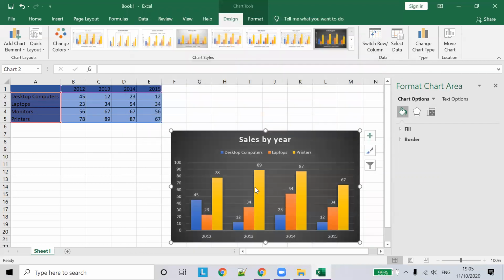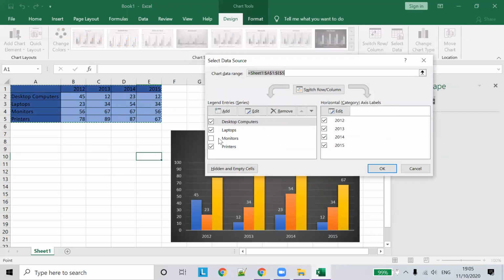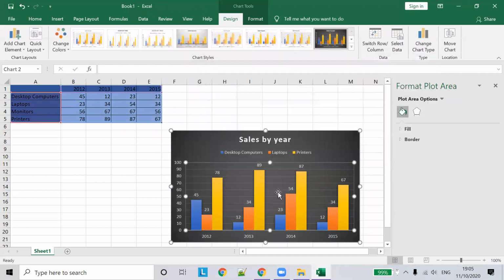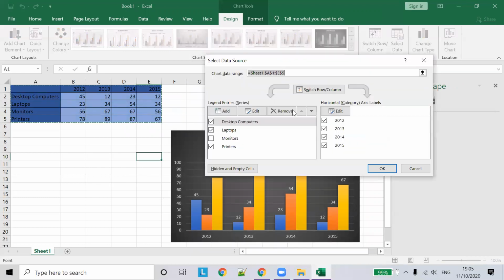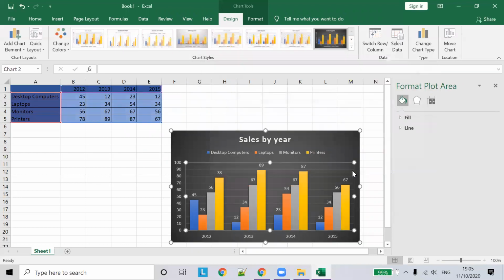So select data. If you don't want to display monitors, it's going to hide monitors here. So it doesn't display monitors. It displays data of desktop computers, laptops, and printers alone. So if you want to enable monitors back, you can choose monitors. Click OK. It will display the data for monitors also.